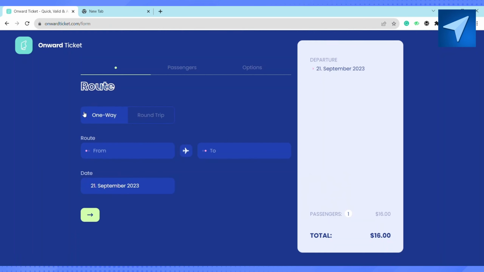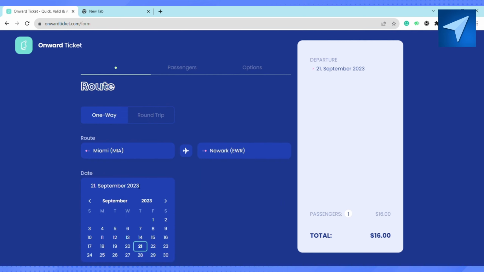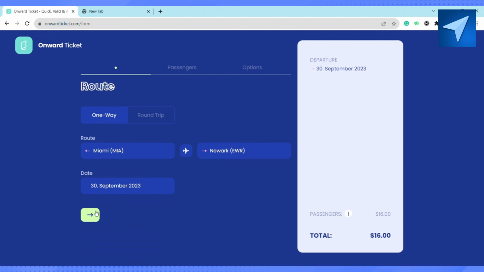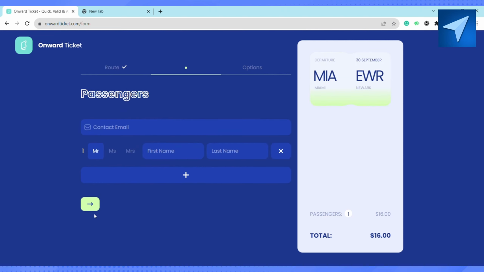I'm gonna select the route from Miami to New York. Just select the route, and after that just select the date. Suppose I'm selecting it on 30th September, and after that just go to the next page, and here just enter the passenger contact email. Just enter your email address right here, and after that just write the first and the